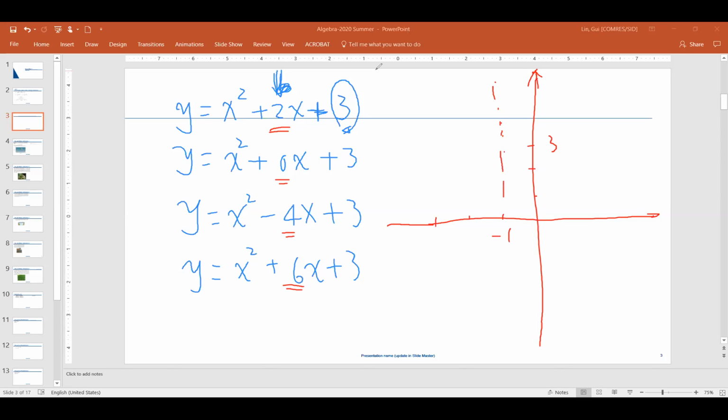So this is the axis of symmetry. Here is negative 2. So initially,